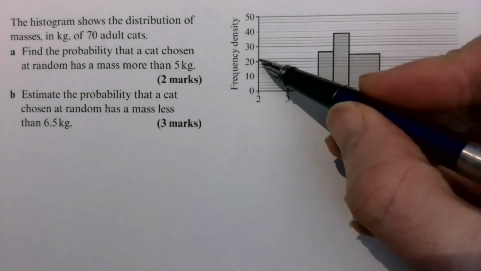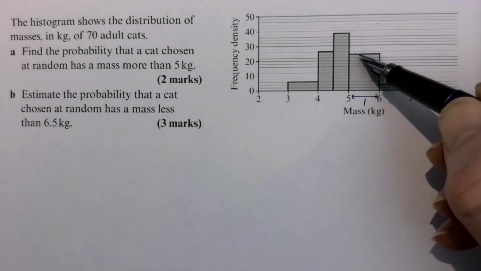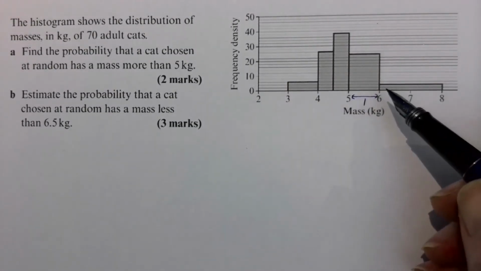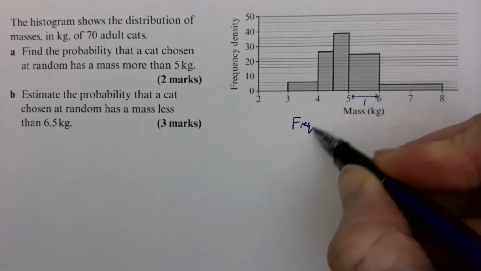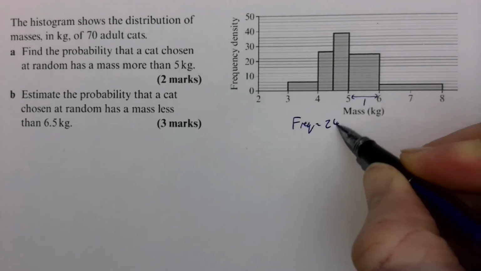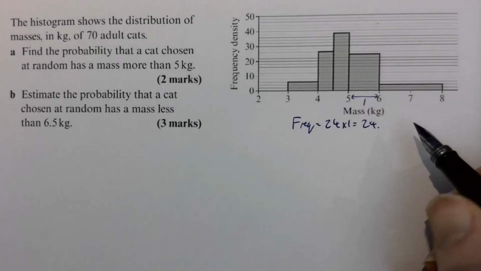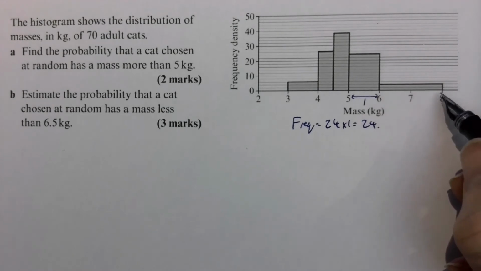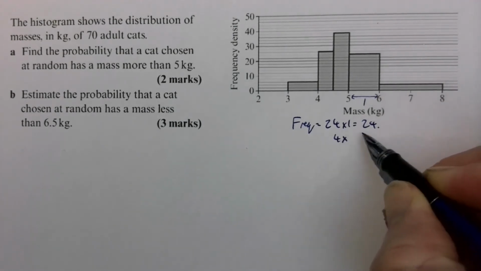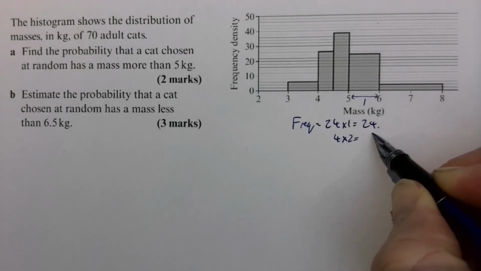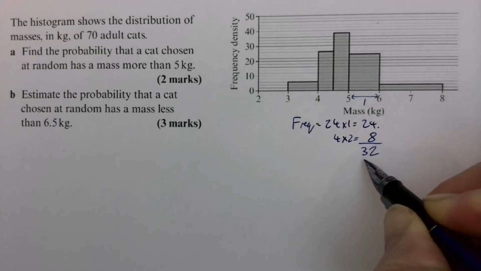Yeah, there's 5, 1, 2, 3, 4, 5 going up there, so 24 high. So the frequency there is going to be 24 times 1, which is 24, and then this is 2 wide, and that's 4 up, so 4 times 2 is 8, giving us 32